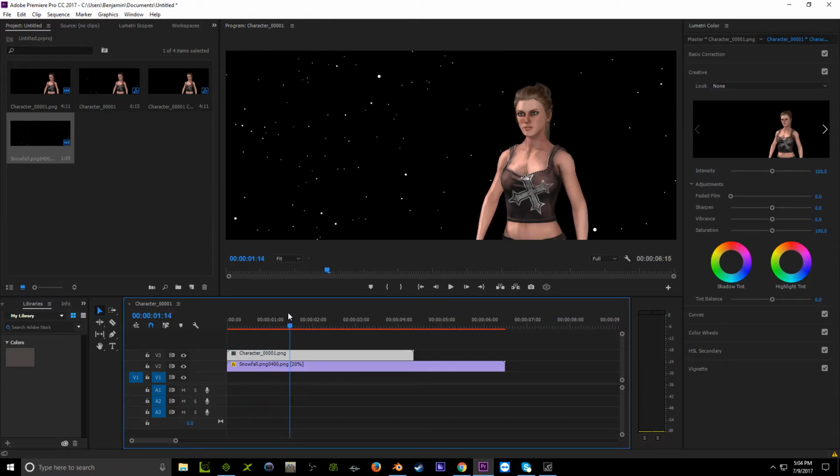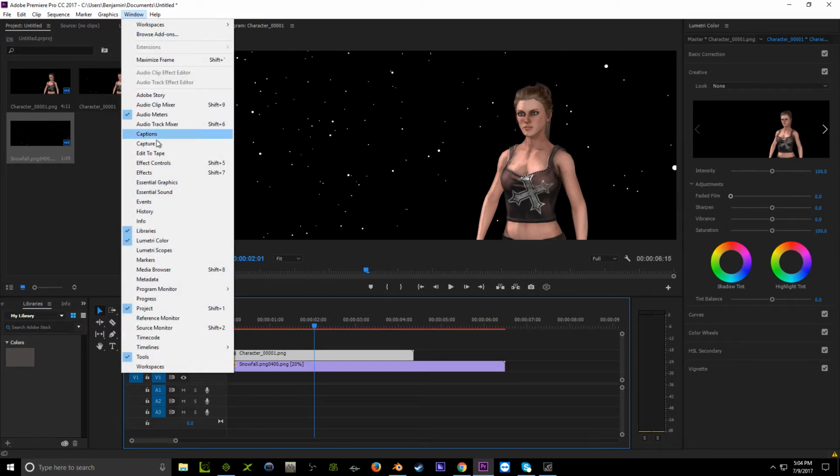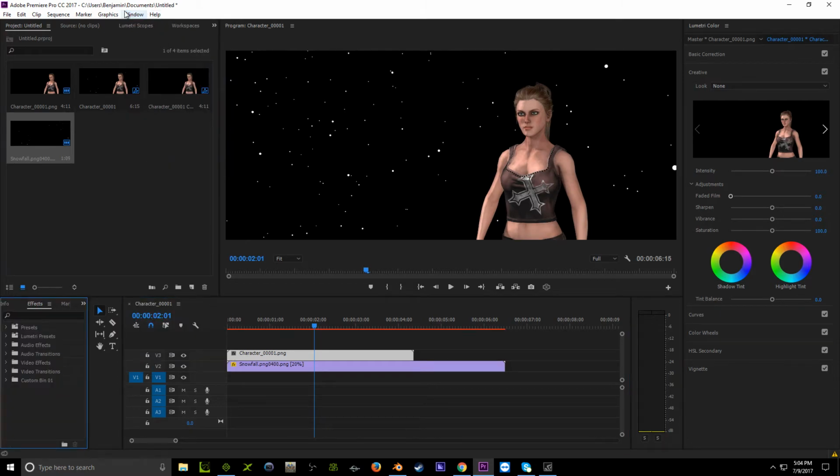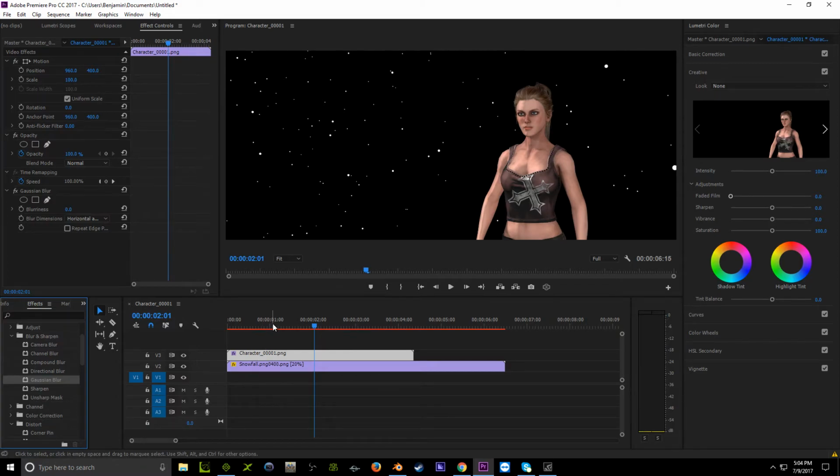The beautiful thing is, I'm going to apply an effect too. Effects controls. So if some of you are wondering what I'm doing,